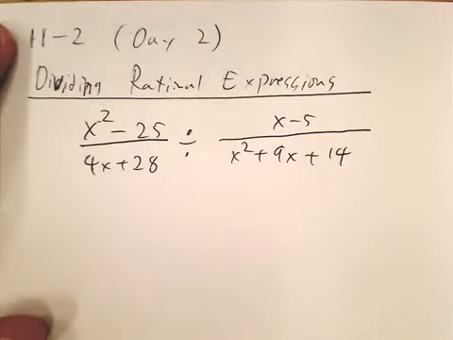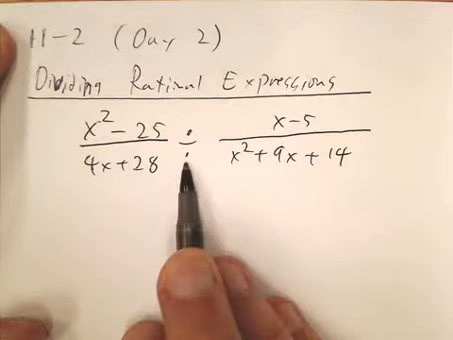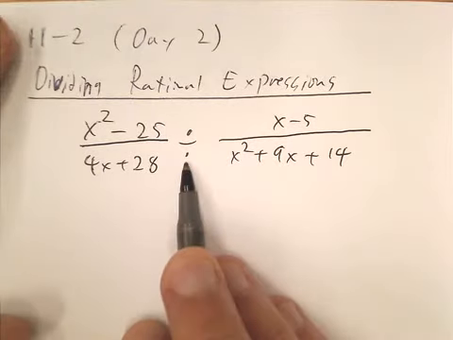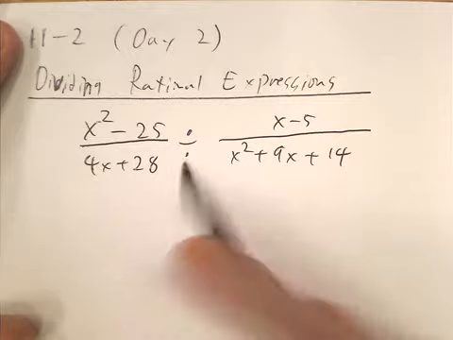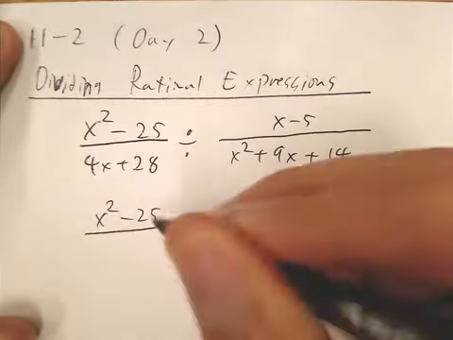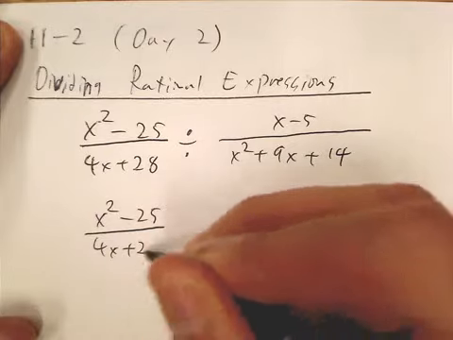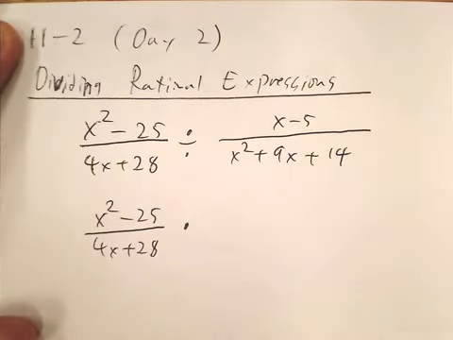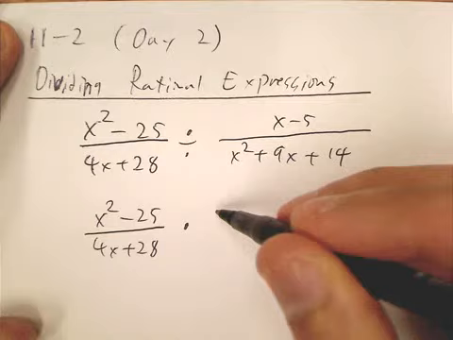Okay, this is our second day in section 11.2, dividing rational expressions. And basically when you divide, you just flip the second fraction. You flip the fraction after the division. So let me go ahead and do that. So I'm just copying this, change that to multiplication, and then flip this fraction over